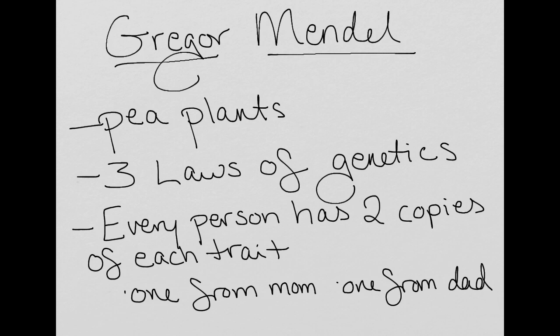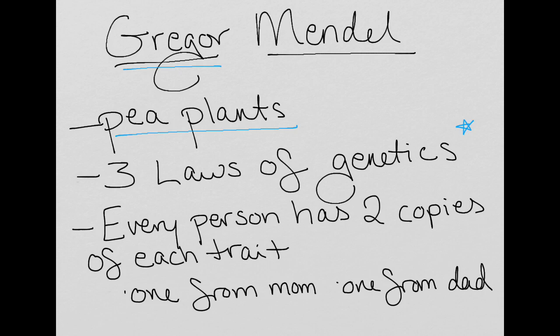And the father of genetics is considered to be this man named Gregor Mendel. He was a monk and he studied pea plants, and he grew hundreds of pea plants over the course of his study of genetics. And he is really well known for coming up with sort of 3 laws of genetics, one of which I'll talk about in this video.